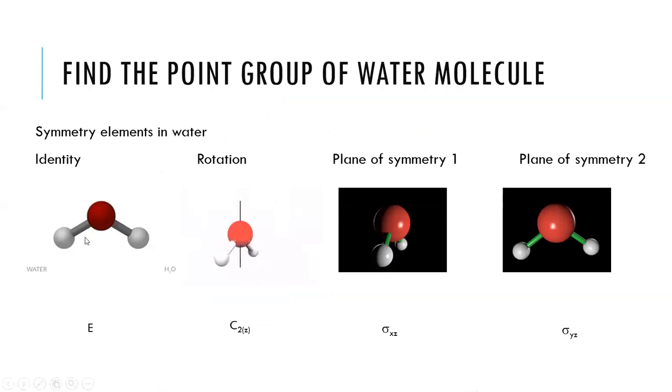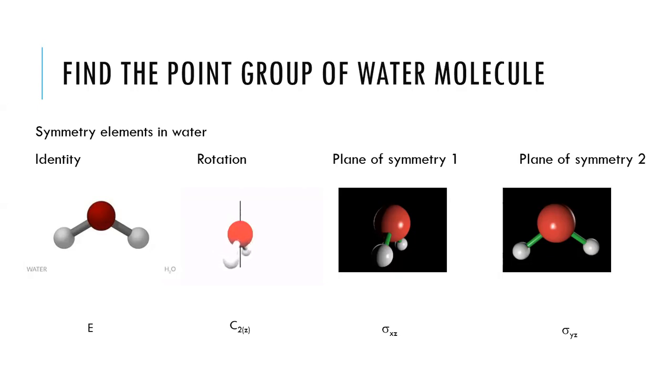First of all, we have to become familiar with all the symmetry elements of the water molecule. This is the identity element, which goes with all molecules. Here there is a rotation performed about the C2 axis, called the C2Z axis, and you can see the existence of this plane. This is a plane of symmetry, and one more plane is there. This is another plane that cuts across the molecule, and this one goes along the molecule. So there are actually 4 symmetry elements.